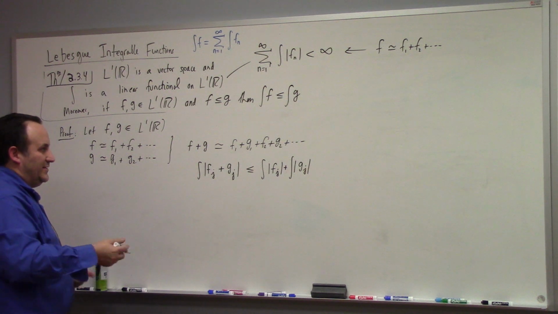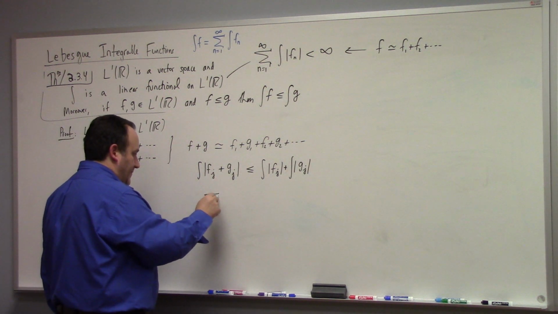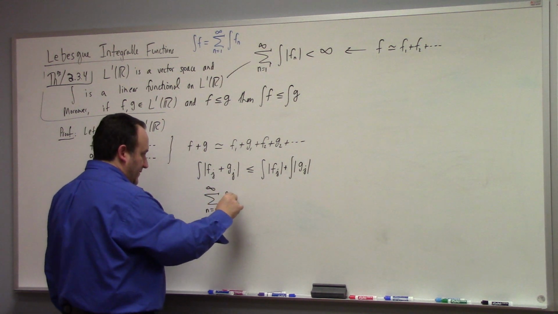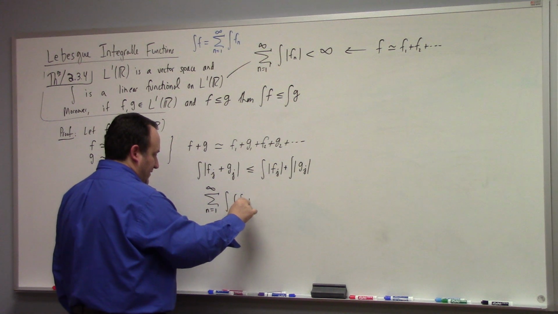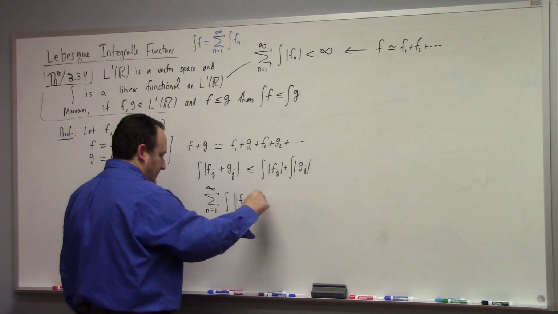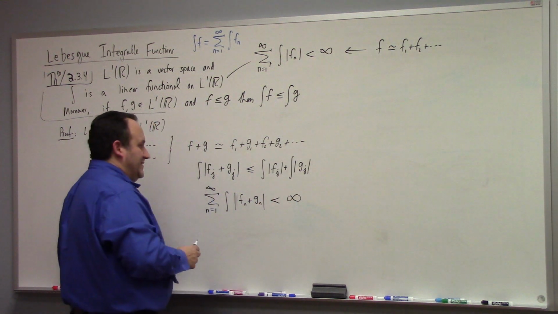Anyway, long story short, I think you can see that then the sum, n equals 1 to infinity, of the integral of the absolute value of fn plus gn, that's going to be less than infinity because